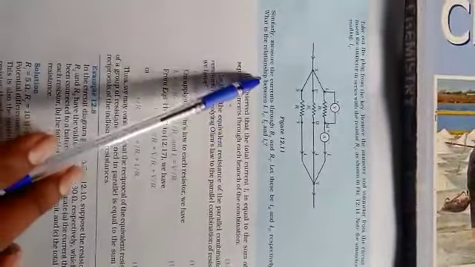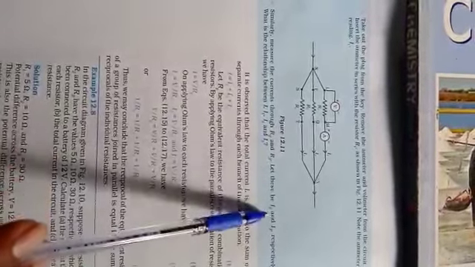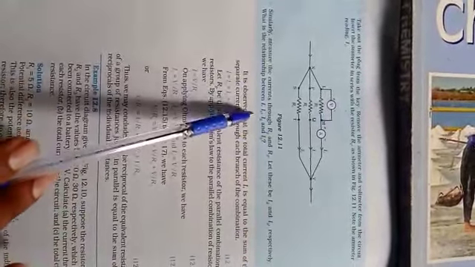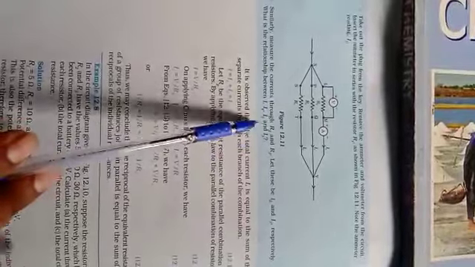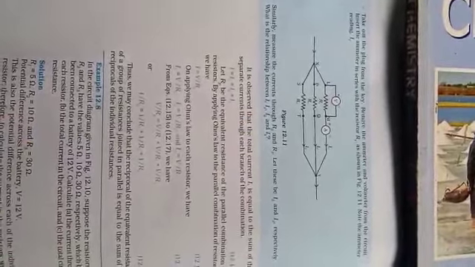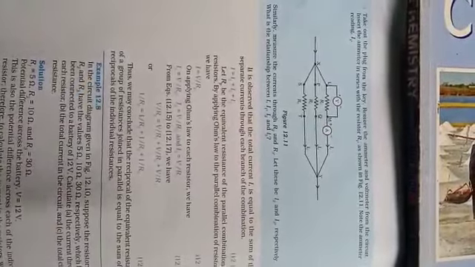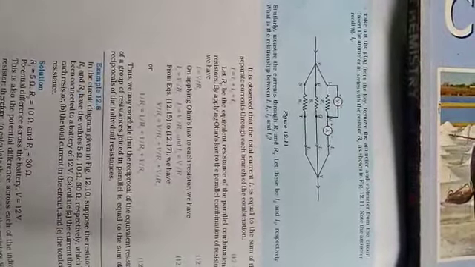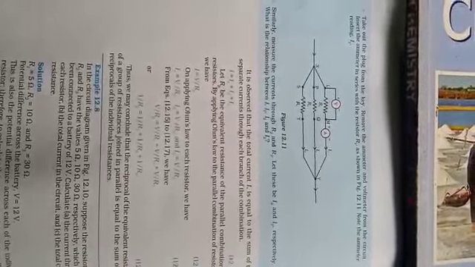Similarly, measure the current through R2 and R3. Let these be I1, I2, I3 respectively. What is the relationship between I1, I2, and I3? Students, take out the plug key, remove the ammeter and voltmeter from the circuit. Insert the ammeter in series with the resistor R1. You can see this circuit.